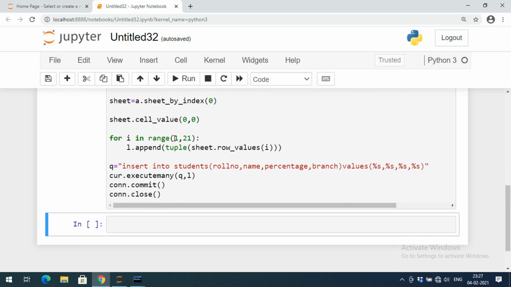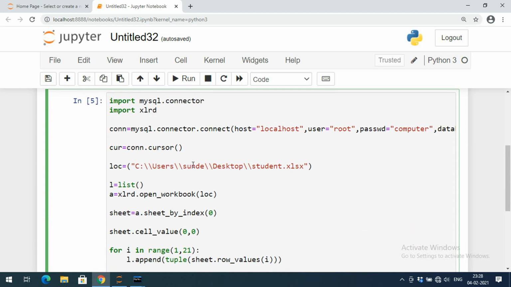So here we need to change the index values. How many rows should be inserted, that should be specified here. That many records from the Excel sheet will be inserted into this students table, right? So once again I'm repeating.